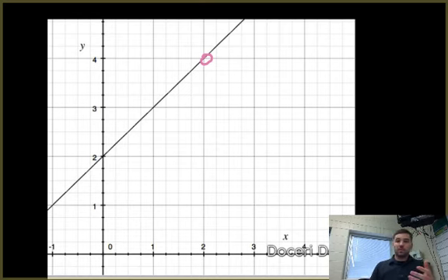And that's it. That should be pretty much every asymptote, and then that hole is a discontinuity. So anything you should be able to handle after watching this video. I hope